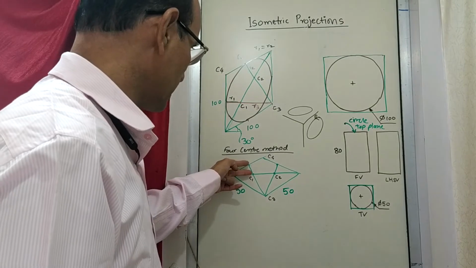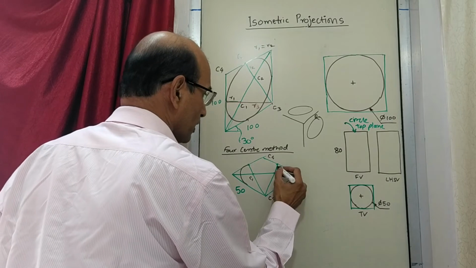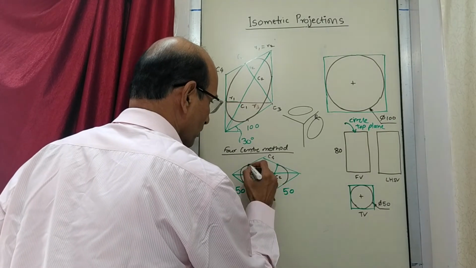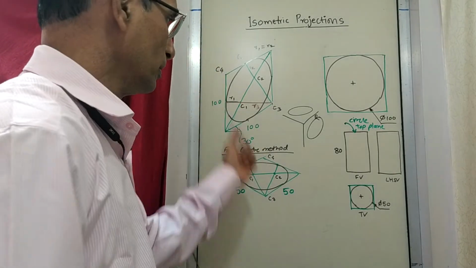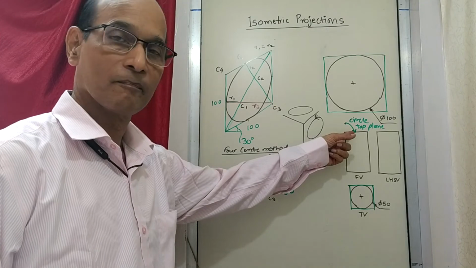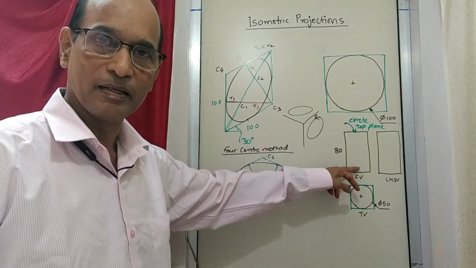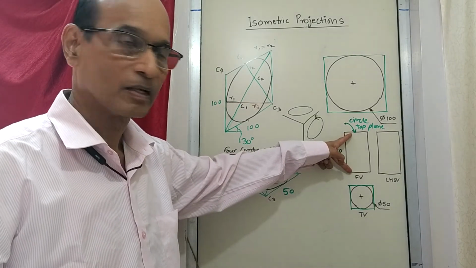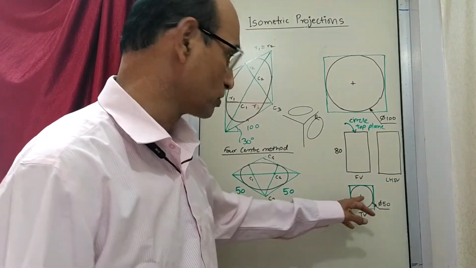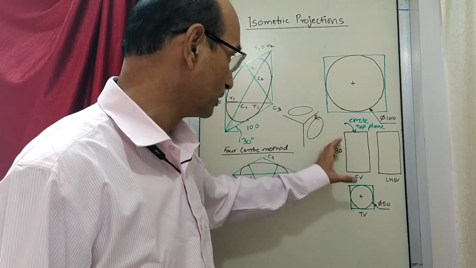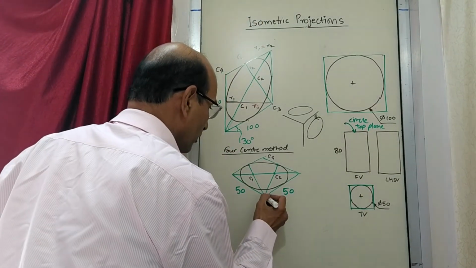Then we take this radius as R1 and draw this. From here, draw this. From here, draw this. From here, draw this. So we have drawn the ellipse. So this is the top circle. Now what next? There is one more circle here at the base and the distance is 80. So if you think of a box, similar to the square we have drawn here, there is a box here in which there is a cylinder. So if you want to draw that box, where will it be?